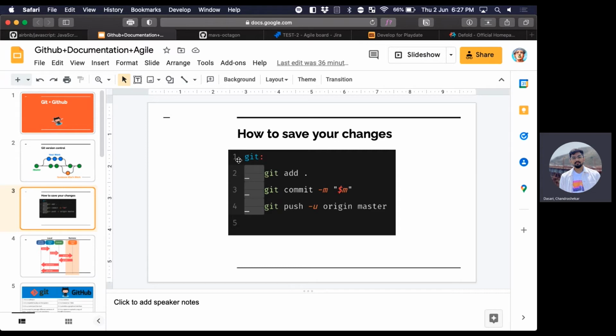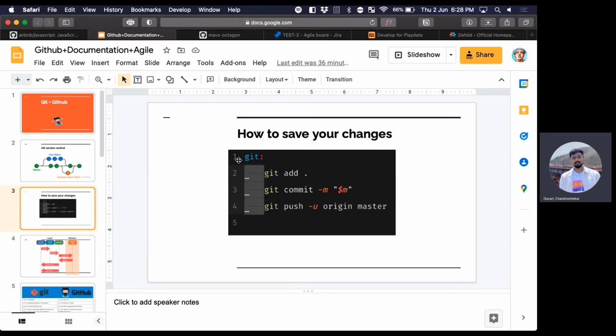Like I said, you can work simultaneously with other people. So how are you gonna save your changes when you make changes in a different branch, right? So in Git, there are three main steps. The first step is to add all of your changes. To do that, you do git add dot, which means add everything that you made changes to your staging area. The second part is committing all of your changes. Committing is basically keeping a log of all the changes that were made from previously and what you did after.